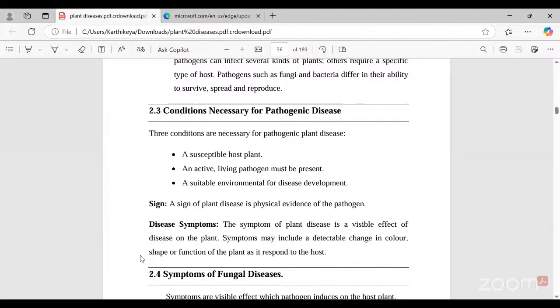A sign of plant disease is physical evidence of the pathogen. Now, plant disease symptoms. The disease symptoms may